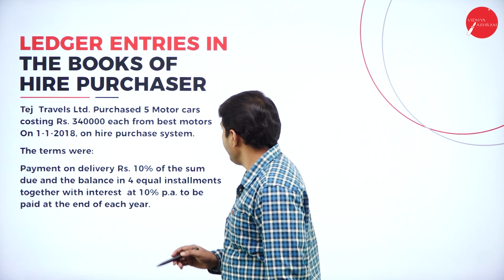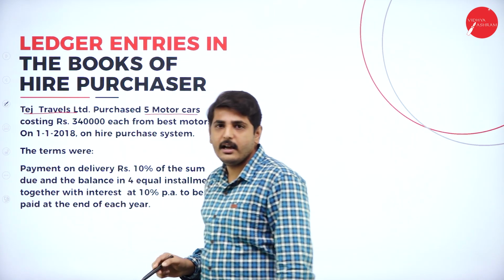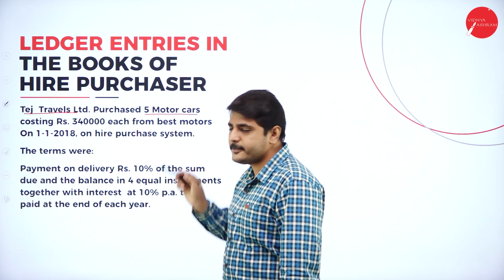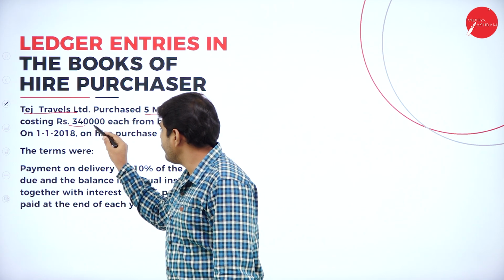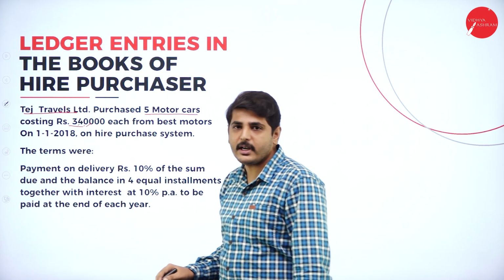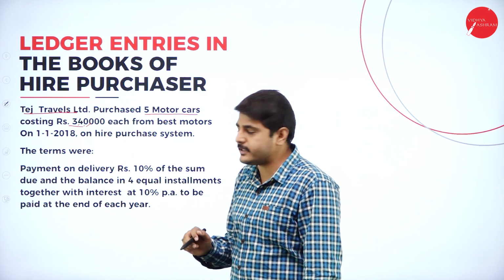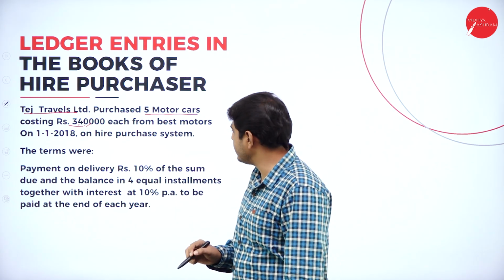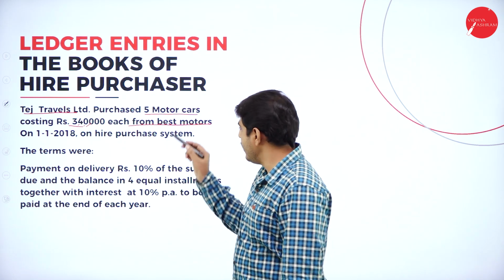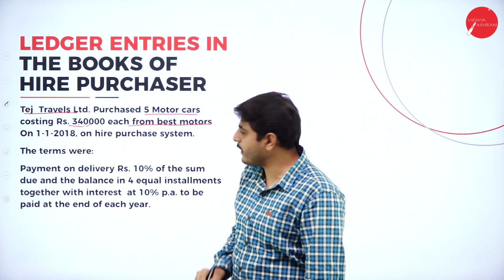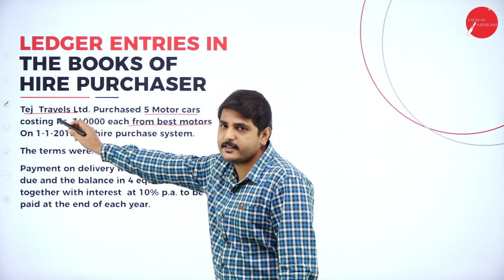Tej Travels Limited purchased 5 motor cars. See here, Tej Travels is the hire purchaser and he is purchasing 5 motor cars costing rupees 3,40,000 each. For one car it is 3,40,000. How many cars is he purchasing? 5 cars he is purchasing. From whom are we purchasing? From Best Motors. So Tej Travels is the hire purchaser, Best Motors is the hire seller, and hire seller is selling